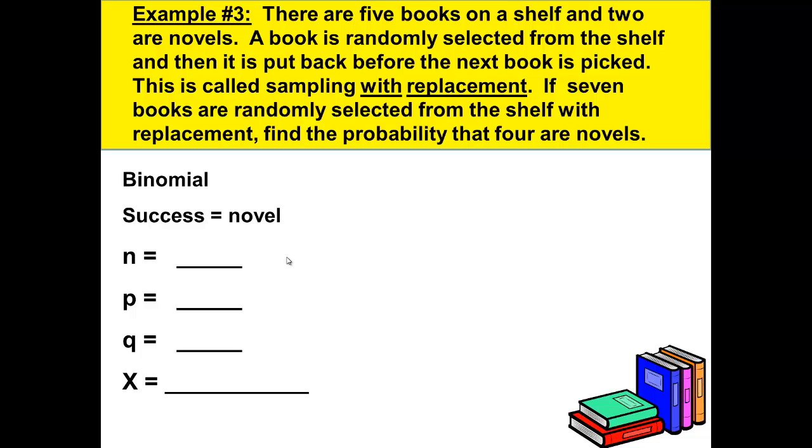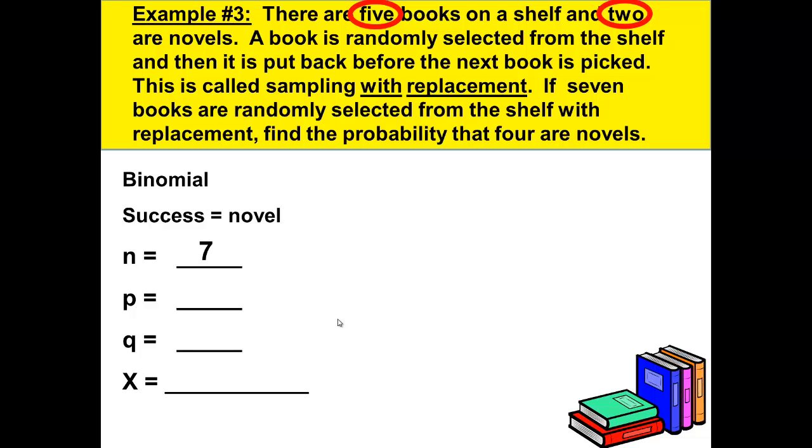It should have a fixed number of trials, and it does. There are 7 books picked from the shelf. That is a fixed number of trials. Let's go through and get those 2 numbers filled in. Success is a novel. 7 books are randomly selected, so it's a fixed number of trials. Next is